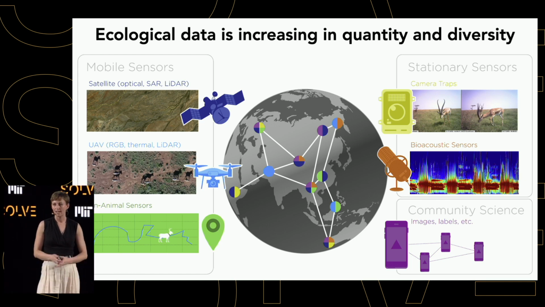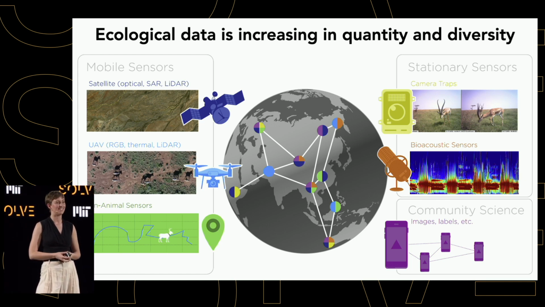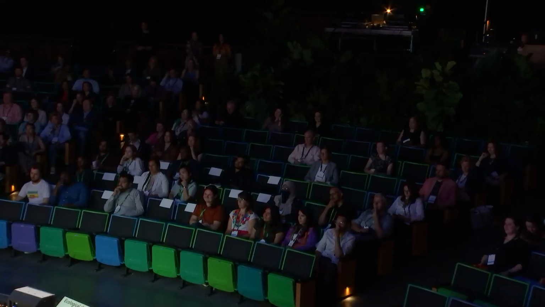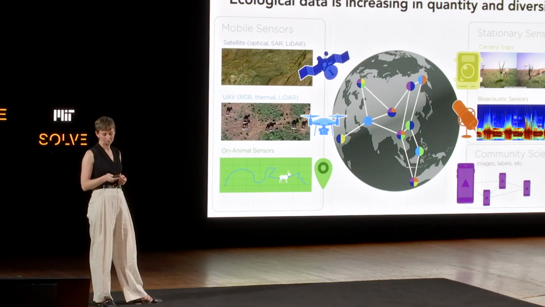I don't know how many in this room have tried to use iNaturalist or are familiar with Merlin Bird ID. Awesome. If you haven't, I think these are really amazing platforms. They let passionate community members go out and collect scientific data of the species they see that then get identified by the community to research grade and get transmitted into the Global Biodiversity Information Facility as species occurrence records.